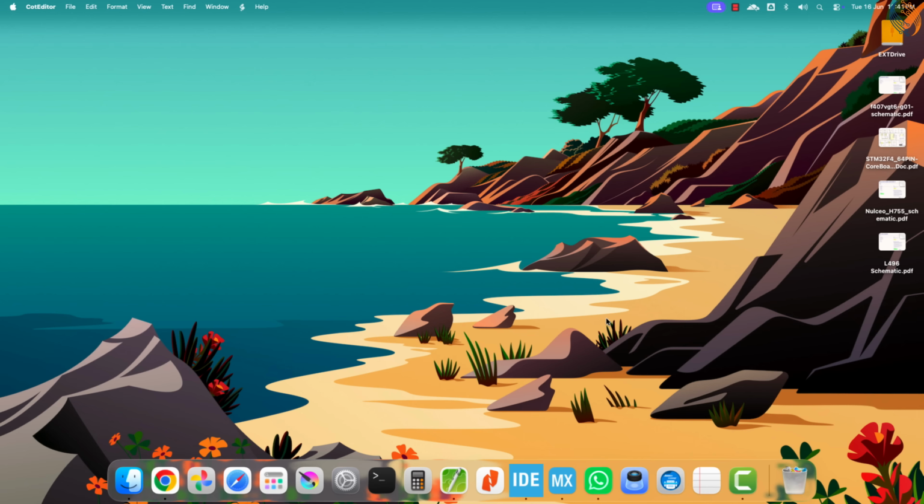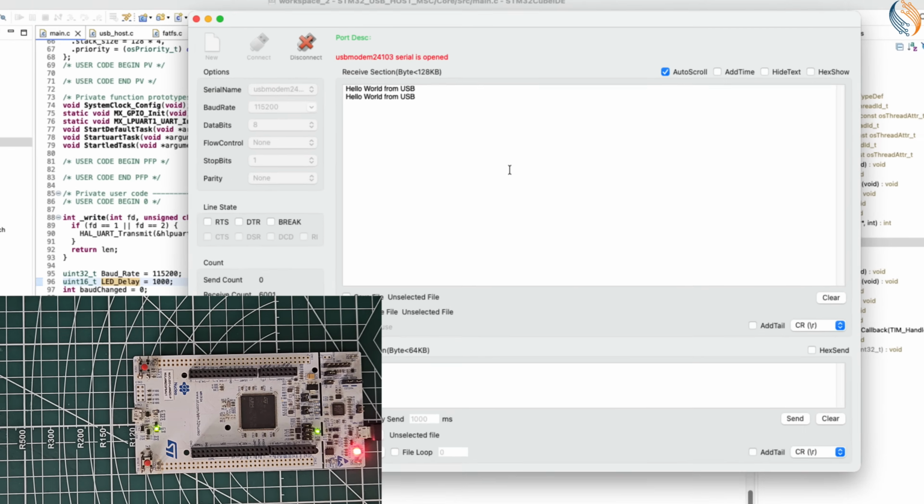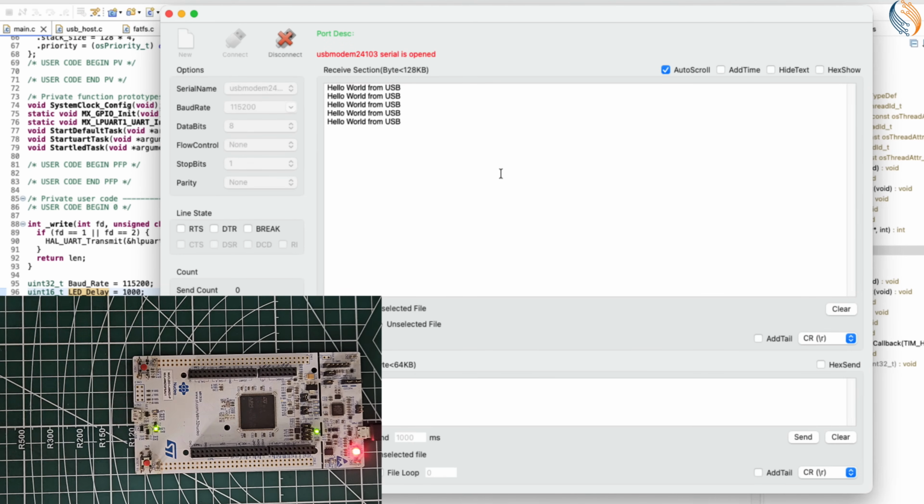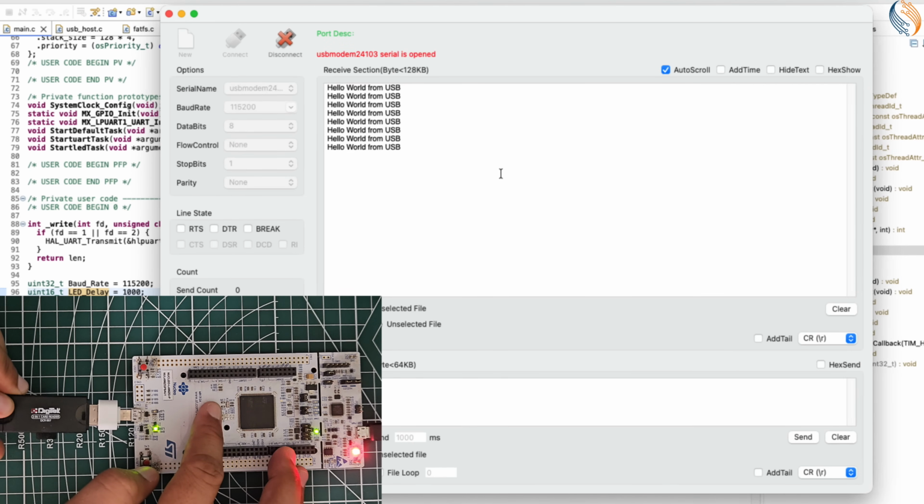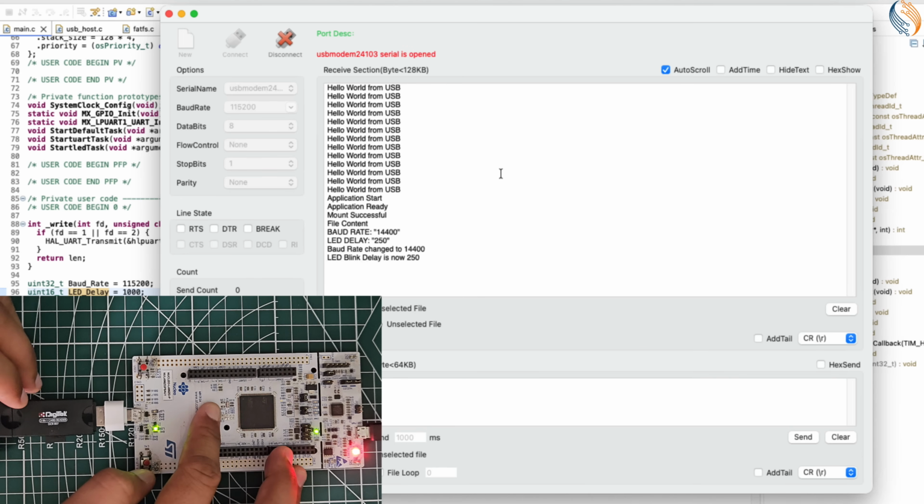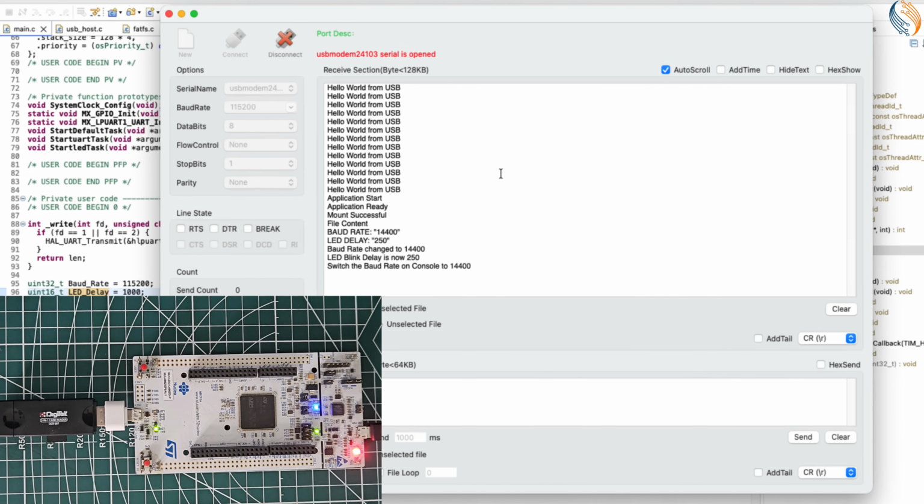Here is what we are going to do. I am going to connect a USB flash drive to the STM32 USB port. The STM32 will act as a USB host and will read a configuration file stored on that flash drive. This configuration file will contain two things: the baud rate for the UART, and the delay timing for the LED blinking. The STM32 will read this file and configure the UART and the LED blinking delay based on the values